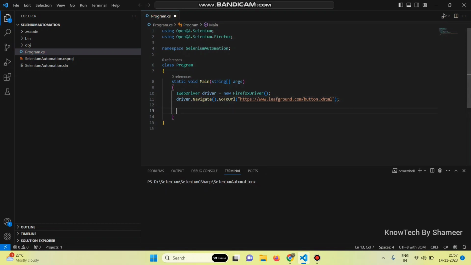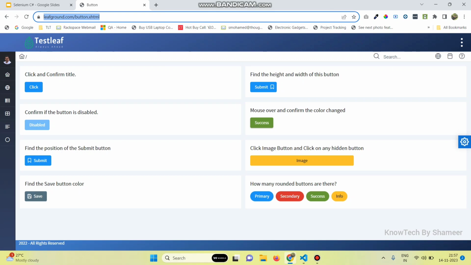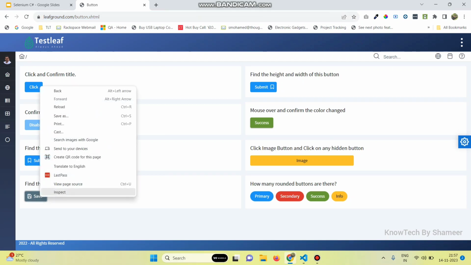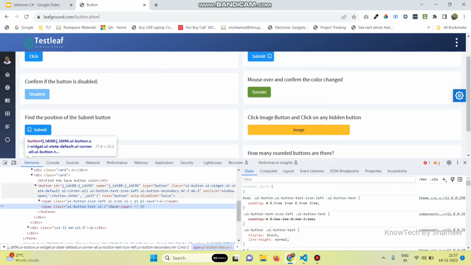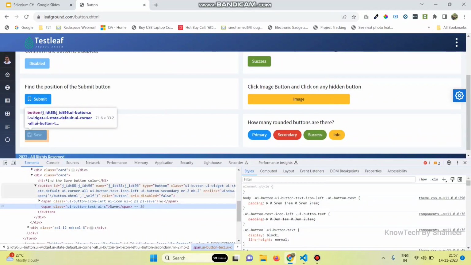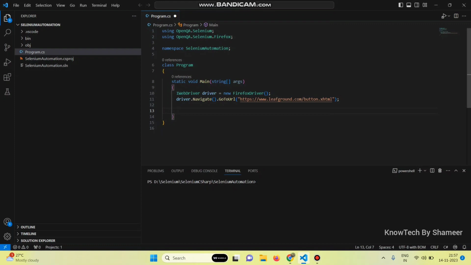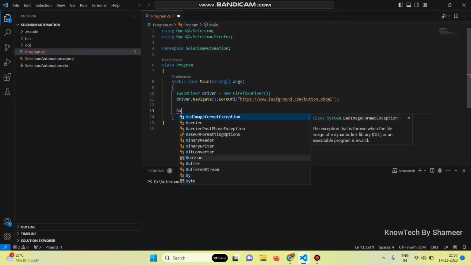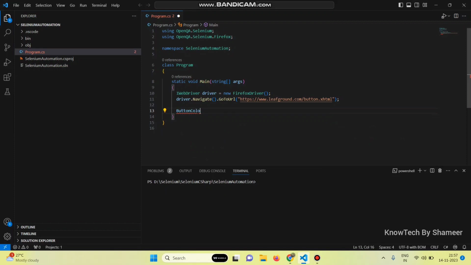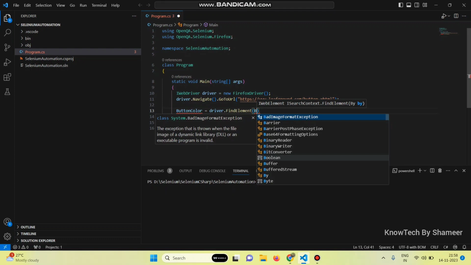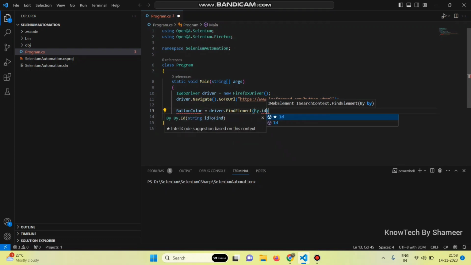Now we need to identify the web element. So go back to the web page, right click on this save button, go to inspect, and this is the element. So here we have ID. We can also use the name, but we can use the ID here. Copy this ID, then write button color equal to driver dot find element by dot ID, and open bracket inside double quotes, paste that ID,